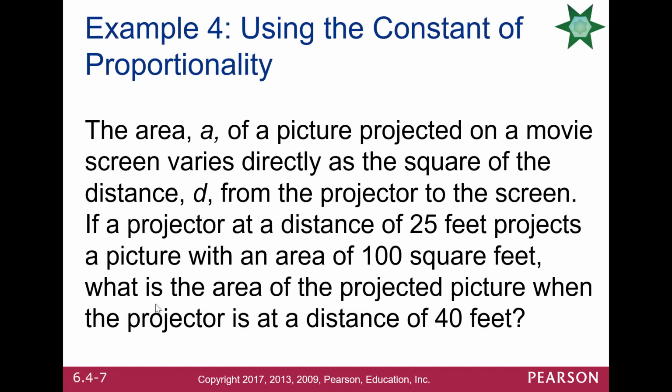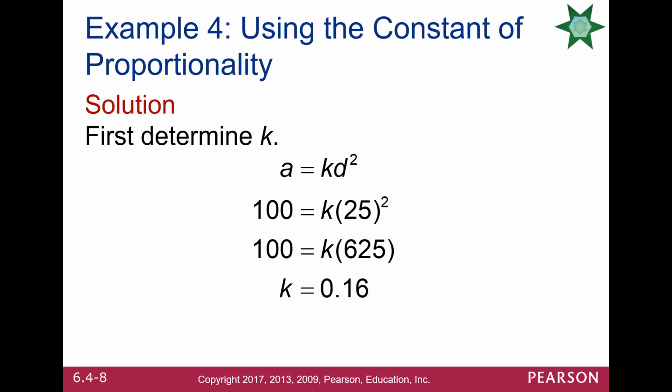There's another example here where you have a movie projector, and you know the old-time movie projectors from the back of the theater. You know, what's the area of the projected picture when you're at a certain distance? Okay, area equals K times D, the distance squared. It's a direct relationship. So y equals K times X, in this case, X squared. So we put the values we're given in, initially 100 equals K times 25, the distance squared, so that we